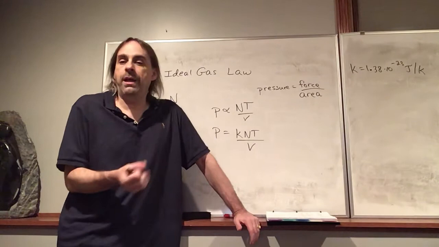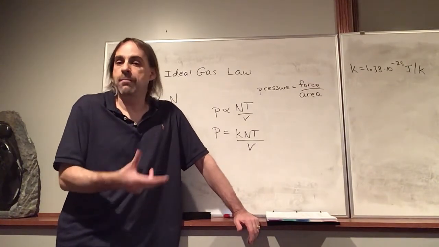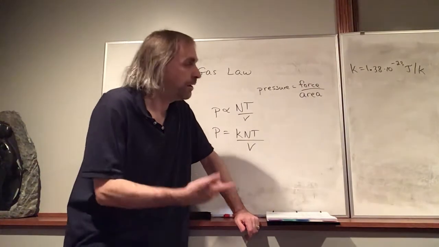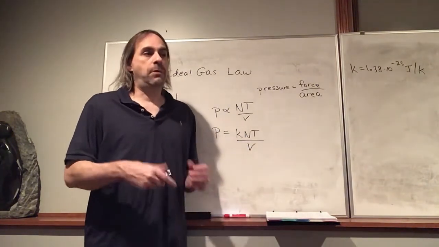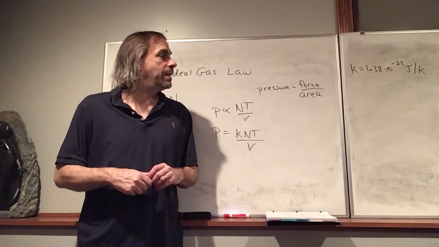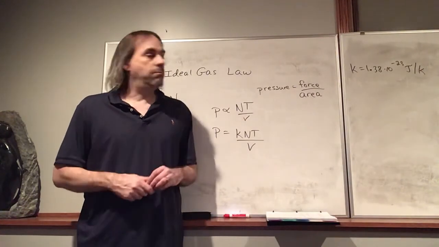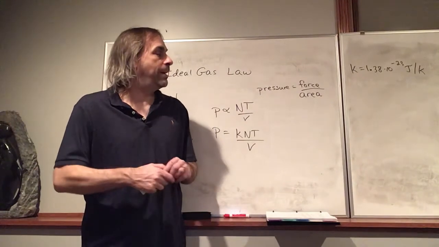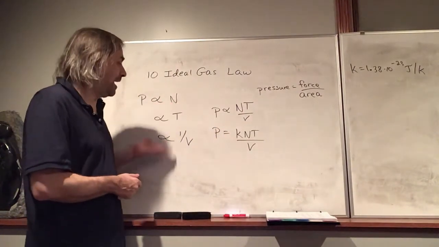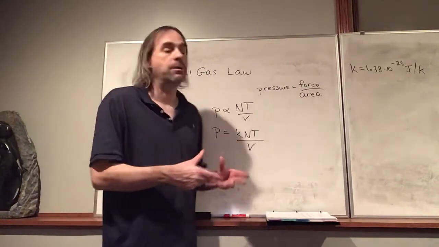So he was looking at gases as molecules or atoms, and coming up with these really sophisticated models of how you could derive the ideal gas law just by looking at these molecules,